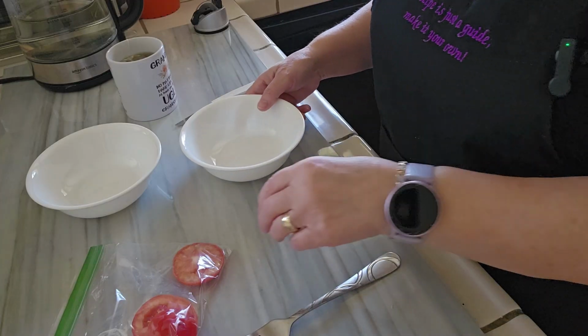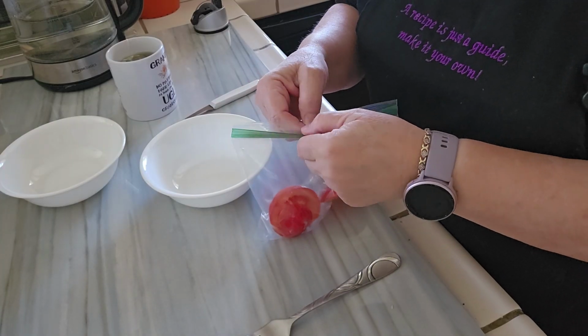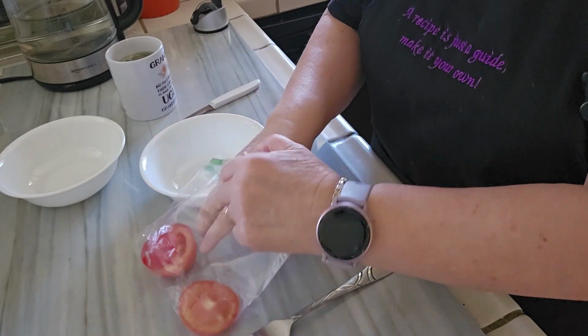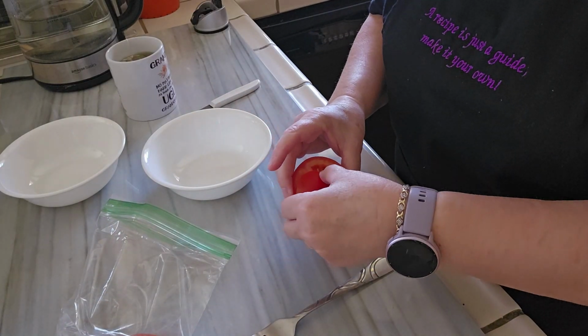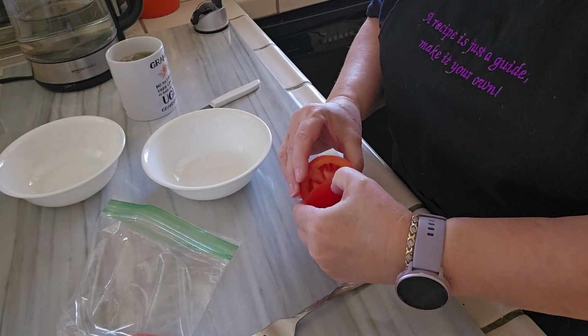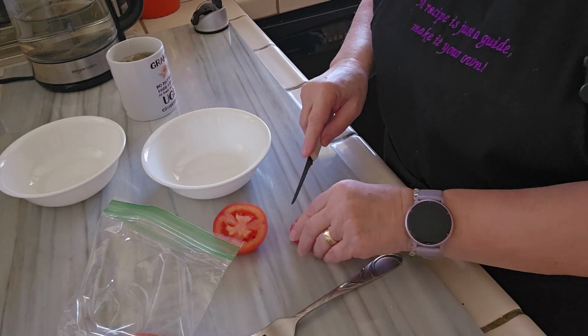So I thought, I'm going to give it a try, but I'm going to do it in an omelet form. So I thought I'd bring you along for us to give this a try. So let's get going on it. I'm going to add tomatoes to my omelet. I have some leftover tomatoes from the other night where I made something. I think I made a salad. So I'm just going to use up my leftover tomatoes. I'm just going to dice them up and use those